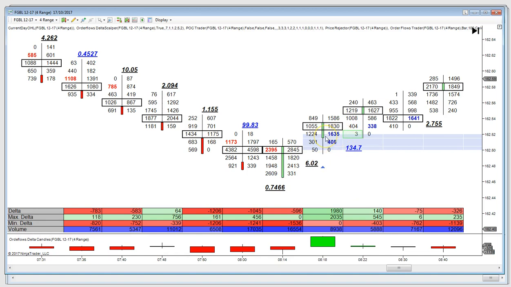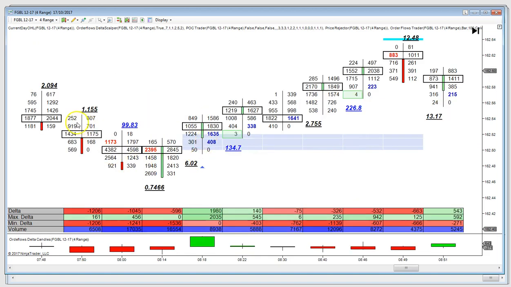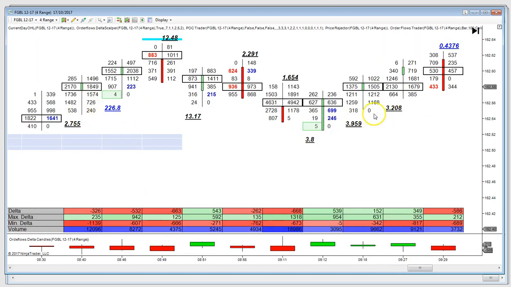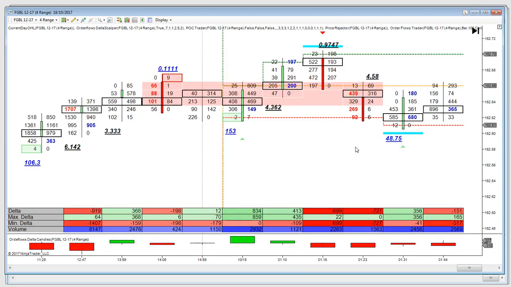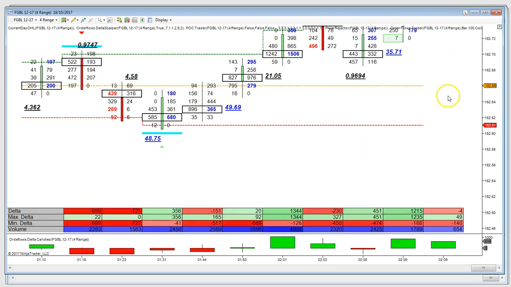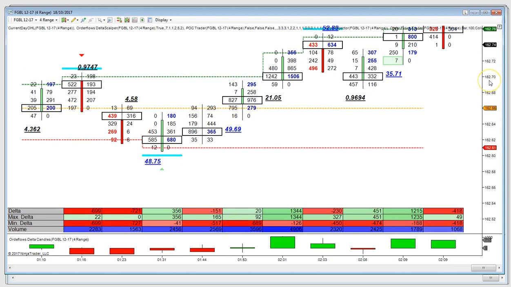You've got Delta Scalper giving you a buy signal right off this. So you're coming down in here and you're starting to make this move back up. Again, a supply driven market is turning into a demand driven market. And this market just goes sideways for the most part after that, sideways to higher, but mostly sideways. And right now we're in the new session, the Wednesday session.